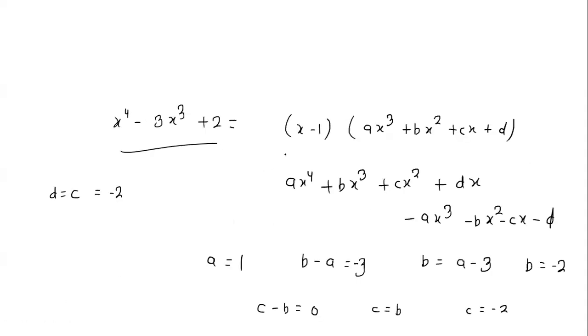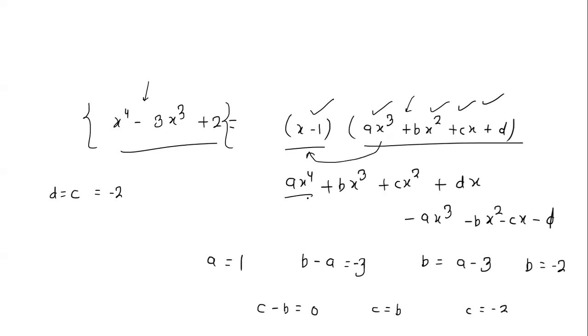So we can write this in this way, like x minus 1 multiplied by this cubic factor, because this is a fourth order polynomial. If one factor is this, then after you multiply by some cubic, it will give the power 4, which is a fourth power polynomial. Now how can you find these a, b, c and d coefficients? You can simply equate both sides. First you multiply this whole thing by x, so it will come like a times x power 4 plus bx cube plus cx square plus dx, and then you multiply this by minus 1, then it will come like minus ax cube minus bx square minus cx minus d.